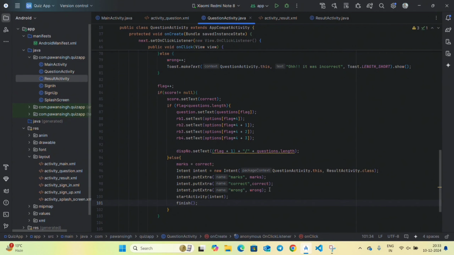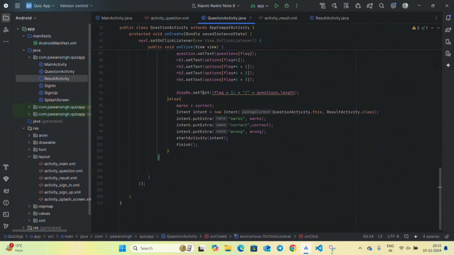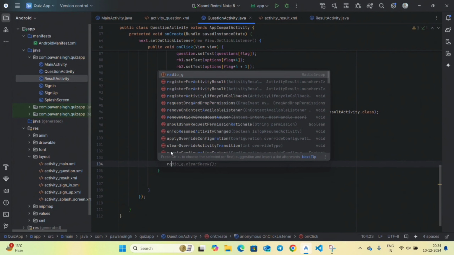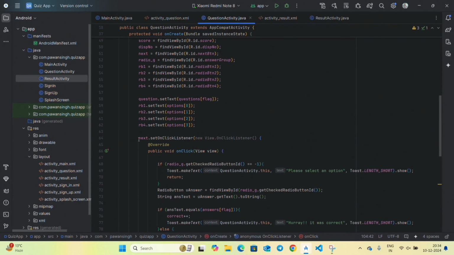So after this, we will have to uncheck the radio buttons which we have tick marked. So after this if statement, inside it write here radioG.clearCheck. This will uncheck all the radio buttons which we have checked, and we can again give the exam or the quiz. So one more thing, we had one more button, you can see here, this was the next button, but